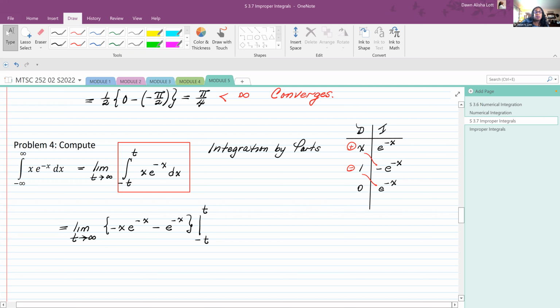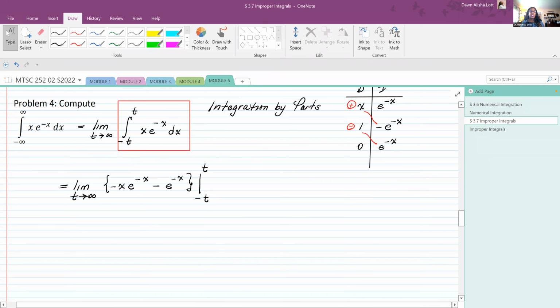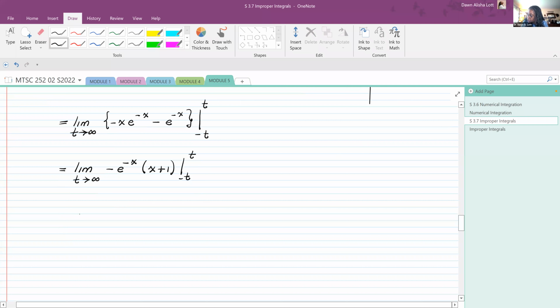Any questions on the integration by parts? See how we could just throw that in there really nicely? I'm going to factor it. It'll make my life easier. This is the limit as t approaches infinity. I'm going to pull out a negative e to the negative x and multiply it by x plus 1. And then evaluate it between t and negative t. Okay, so I get the limit as t approaches infinity. So for the first piece,